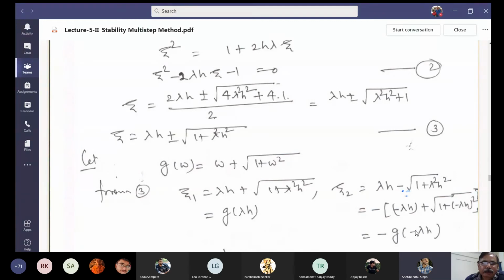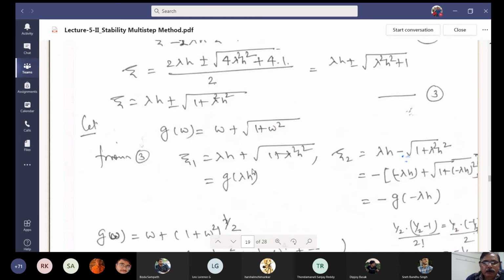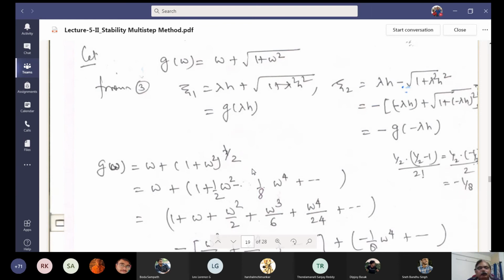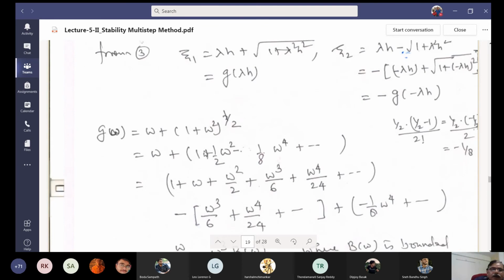Write down minus w and then multiply outside also minus, you will get the expansion for xi2 also immediately by writing the expansion for the first one, right? So how can this g(w) be written in terms of exponential? It is (w plus the square root of 1 plus w squared), to the power half. This is the square root of that. So write down the binomial expansion.